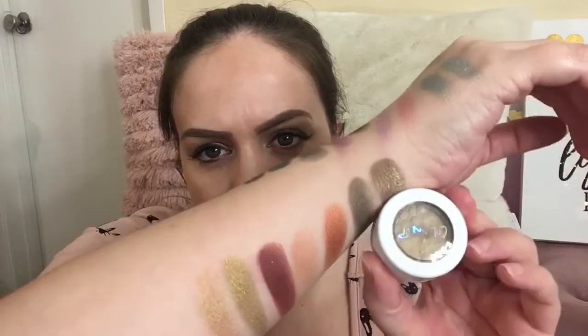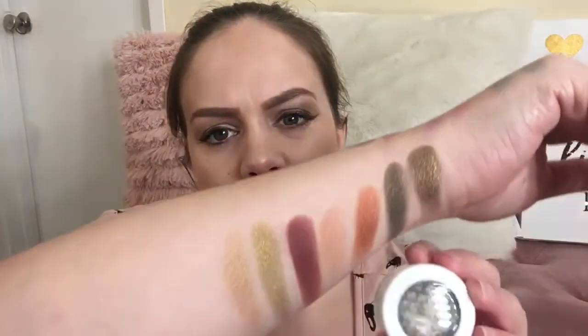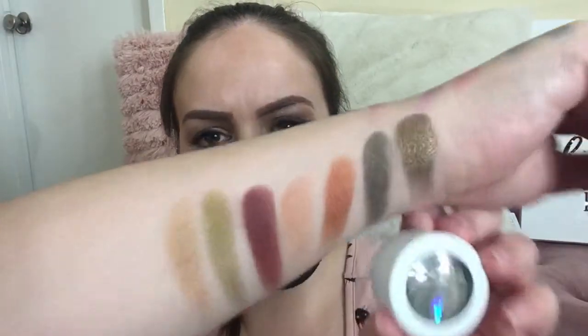Next ones I'm going to show you are here. So the first one is 8 Track, which is that first shade there. The next one is Hammered, which is the second one. That one's kind of like an olivey green with a hint of gray. The next one is White Rabbit,